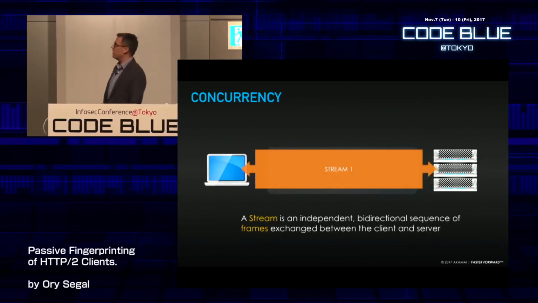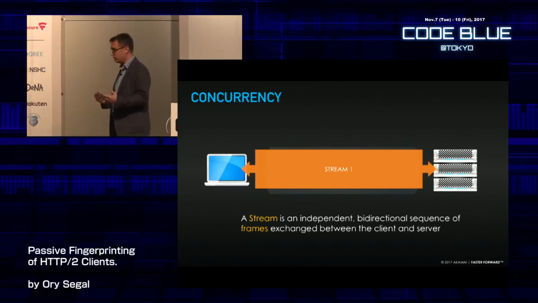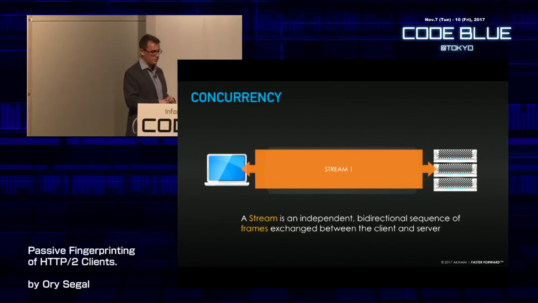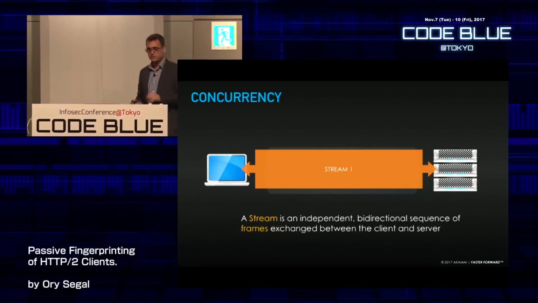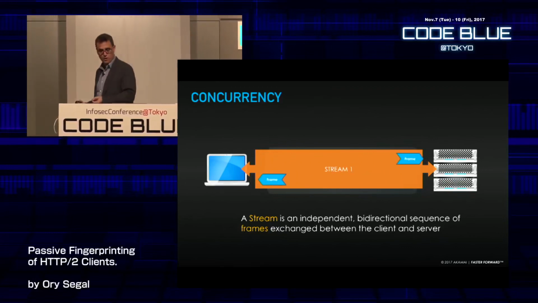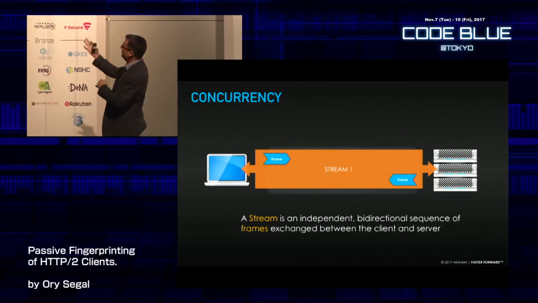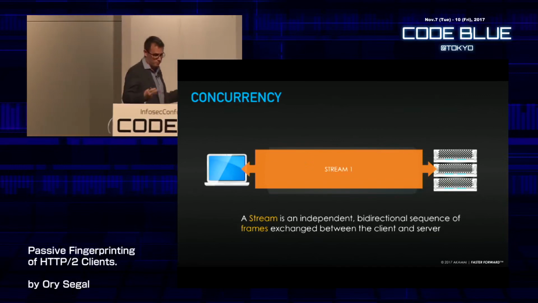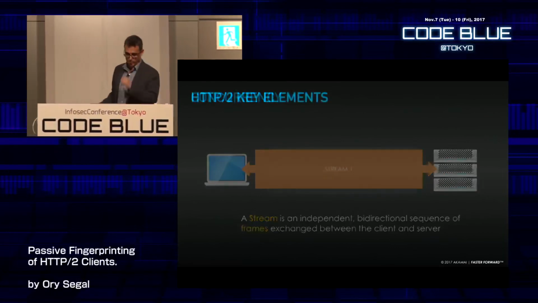So let's take a look at one of the streams. Again, this is an example of one of the many streams. Could be thousands of streams that are running concurrently. So the stream is an independent bidirectional sequence of frames. We'll talk about what frames are, that are exchanged between the two parties. So here's an example of a frame going back and a frame going from the client to the server. A frame doesn't need to live alone. It can have multiple frames in one message, for example. These two frames traveling together, like a headers and the body. That's basically it. They can run concurrently. Nobody has to wait for each other.